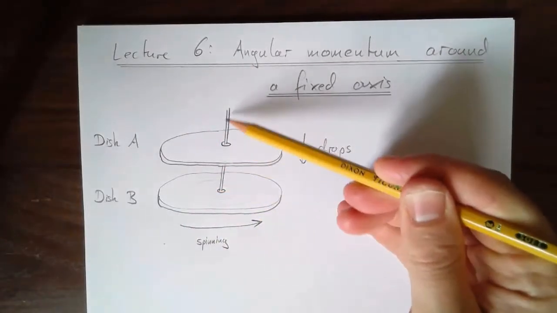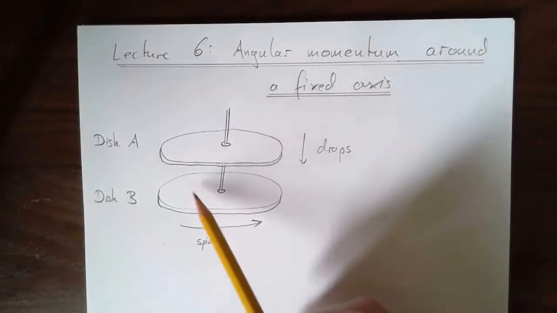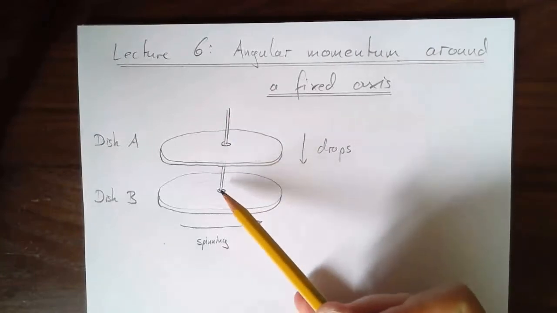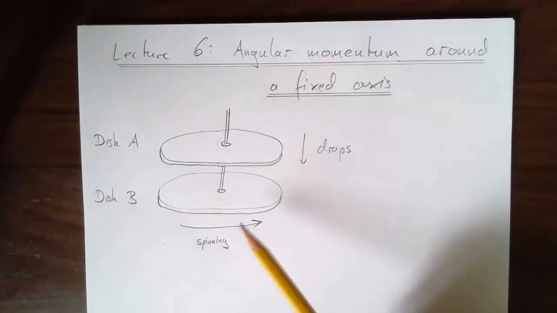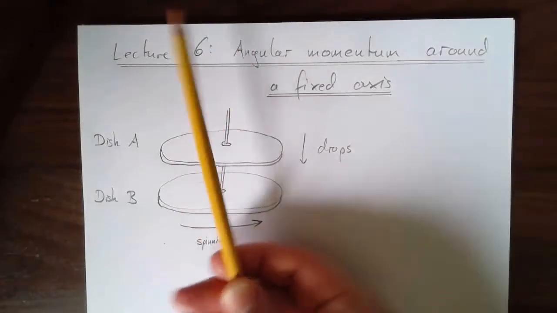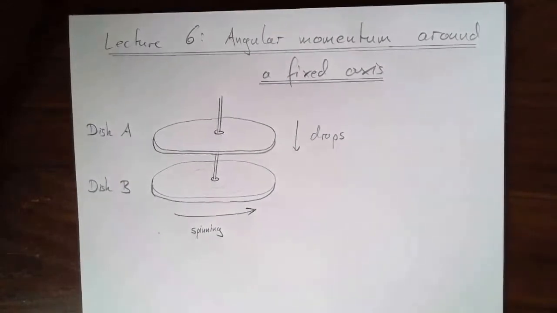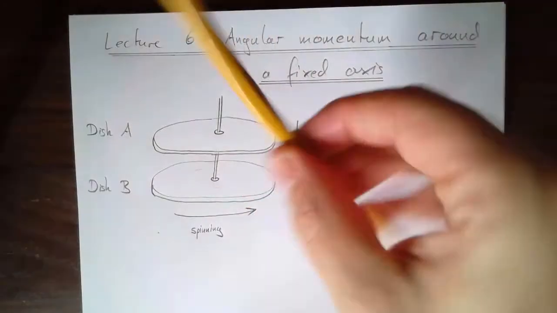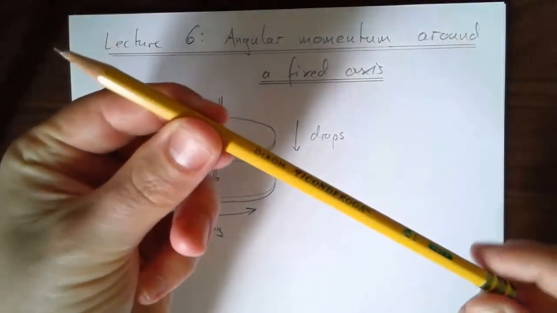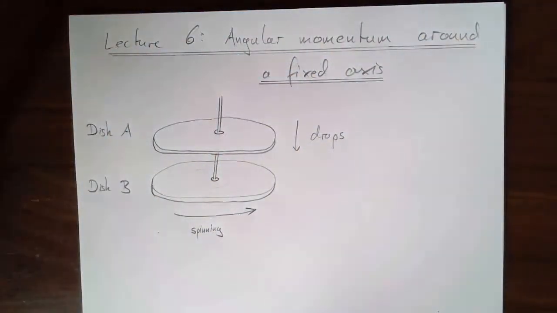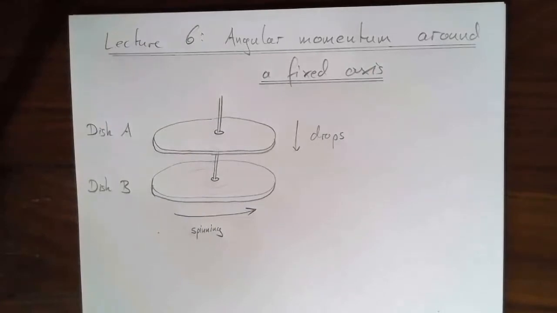And here I drew them as if kind of spinning around this rod of some kind, this axis that's physically stopping those disks from spinning in any other way. So the axis is straight, it's not this way, it's not that way, and that's not changing. This is different from free rotation, where an object, like this pencil, might rotate like this, it might rotate like this, it might spin in all sorts of ways in three-dimensional space. It's not just around a single axis. And we're going to come to that in the next lecture.